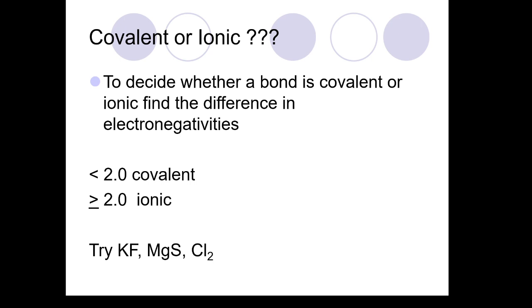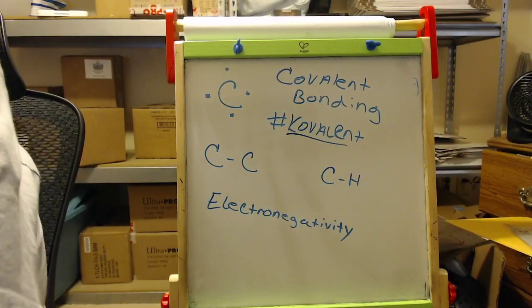If my difference in electronegativities is less than 2, I'm most likely going to be some sort of covalent bond. And if it's greater than 2, then I'm going to be an ionic bond. Well, carbon isn't really going to make ionic bonds. It's really going to focus on covalent bonds. I'm not saying it's never going to make an ionic bond, but most likely, in certain situations you could force carbon to do weird things, but it's going to form covalent bonds. The question is, is it equal sharing or unequal sharing, and how did we distinguish between the two?